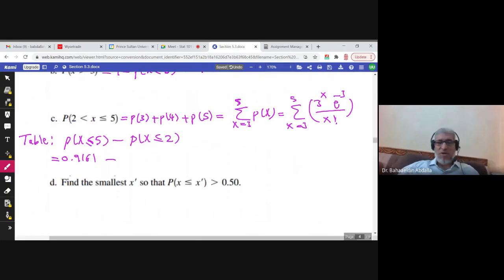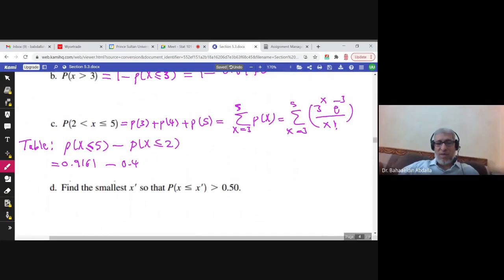So 0.4232 is the probability that x is less than or equal to 2. If you subtract these values, you get the probability that x is greater than 2, less than or equal to 5. And if you use the calculator, you should get the same answer. So the answer is